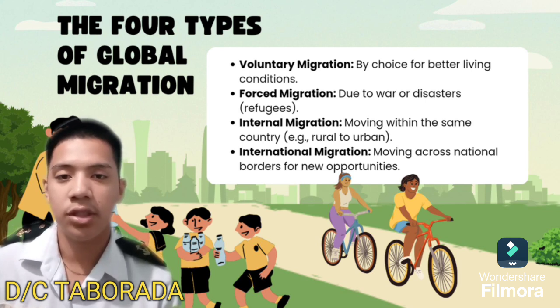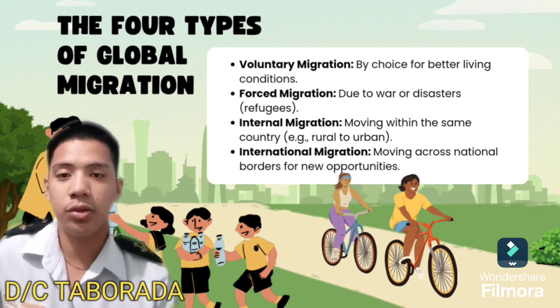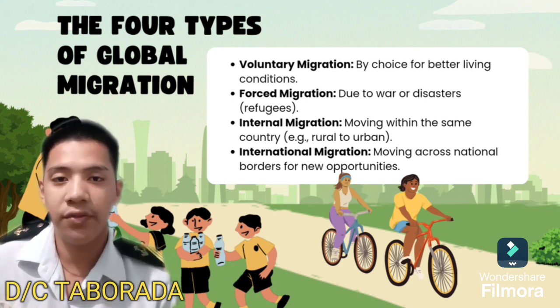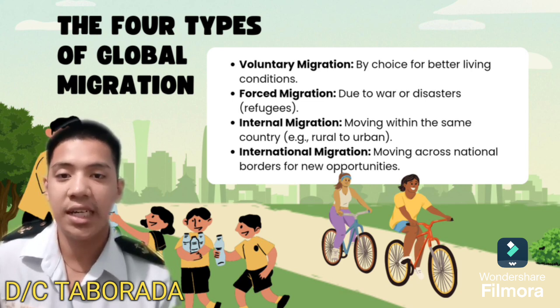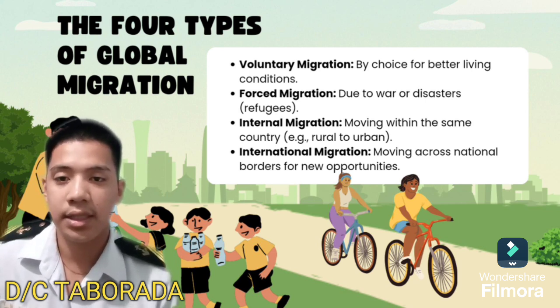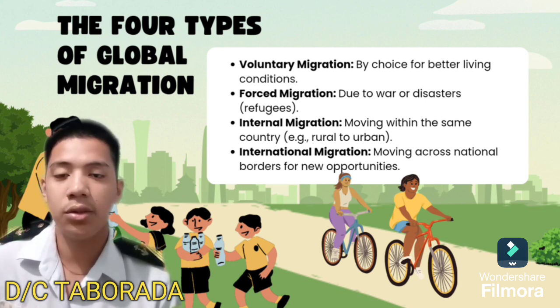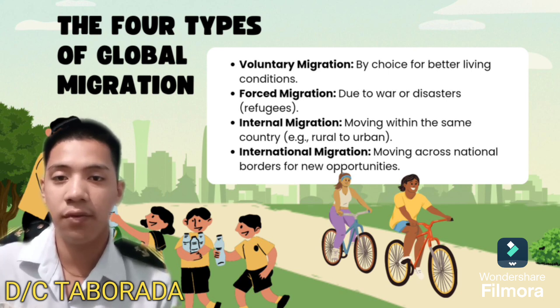My topic is: what are the four types of global migration? First, voluntary migration. Voluntary migration is when people choose to move, often for better opportunities, education, or lifestyle improvements. Second, forced migration. Forced migration involves people who have no choice but to move, often due to conflict, persecution, or